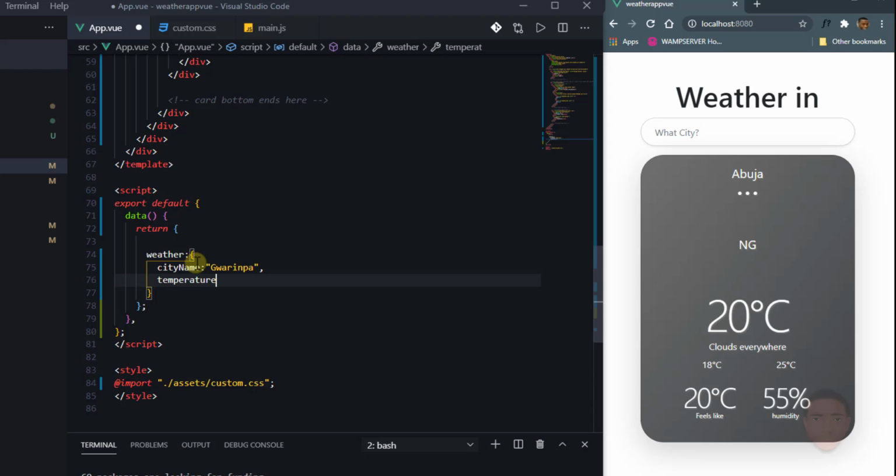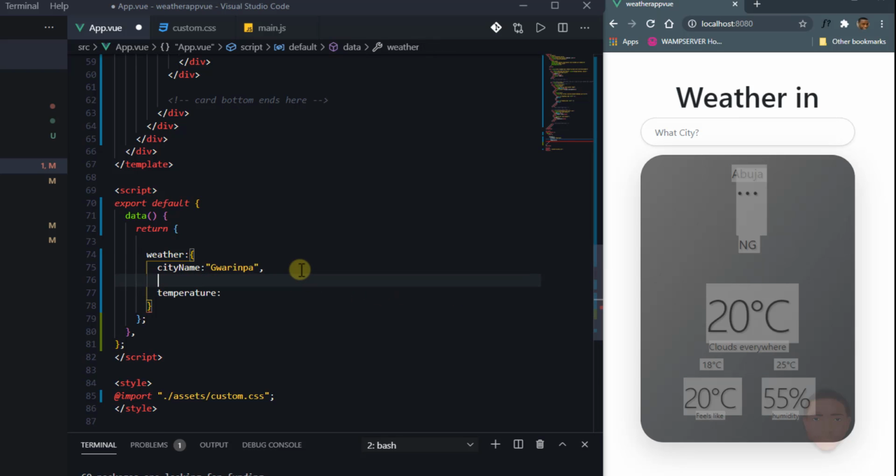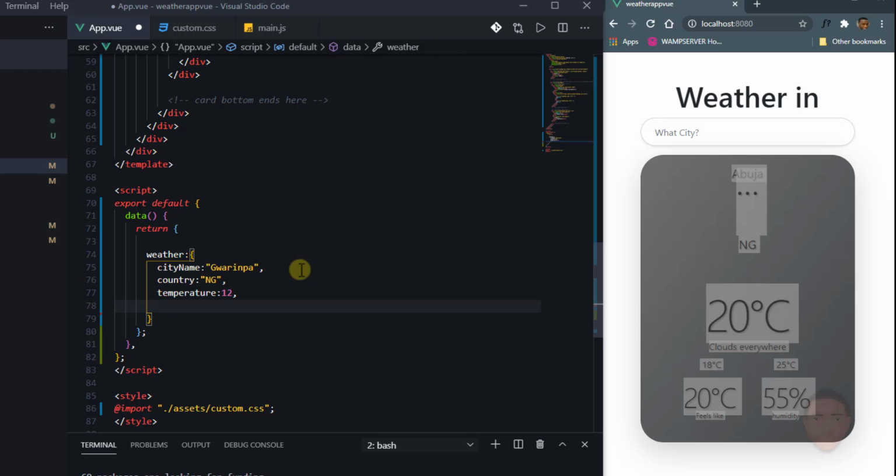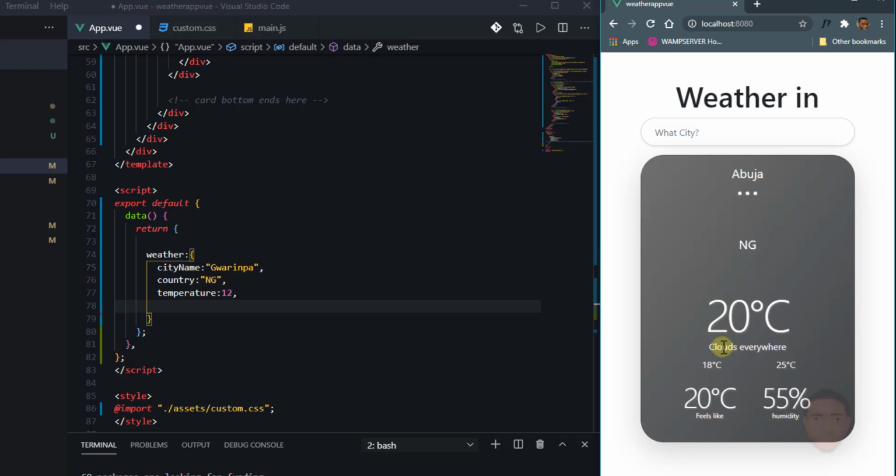So what I'm doing now is I want to set up data for all of this content here. Before temperature, I just put country, and then temperature, I could say 12. It doesn't matter. Then the description, say clouds everywhere,